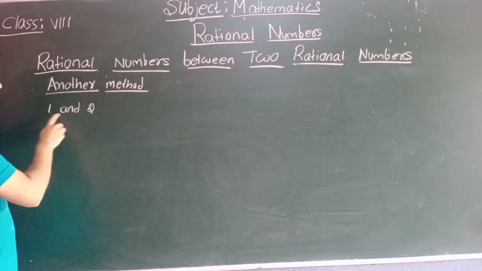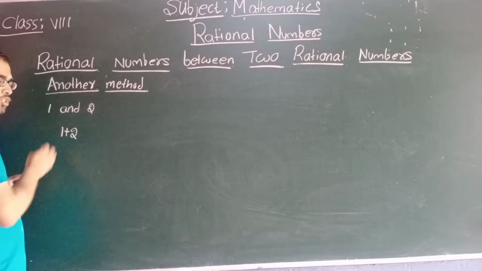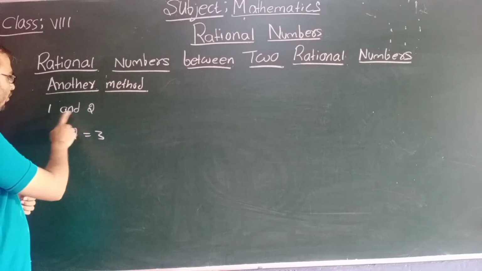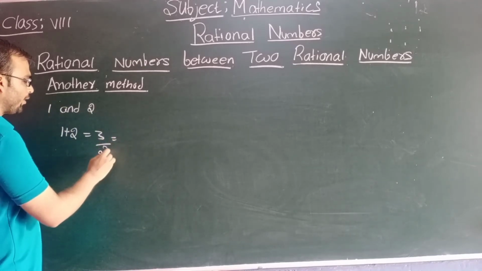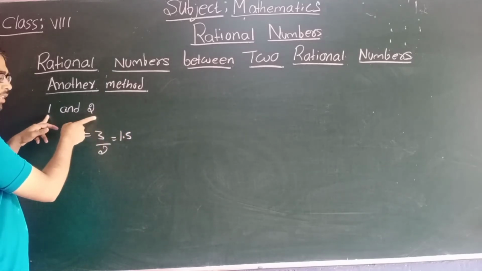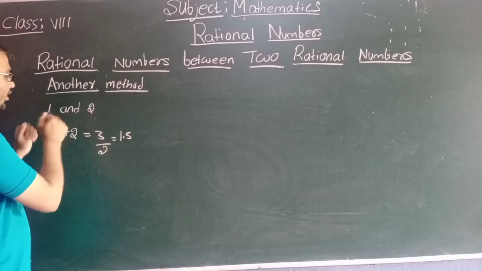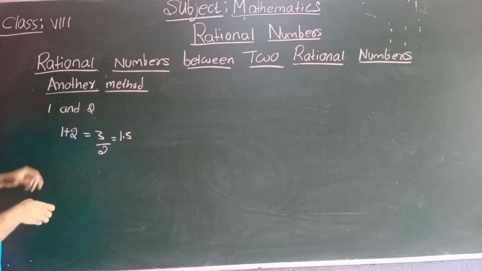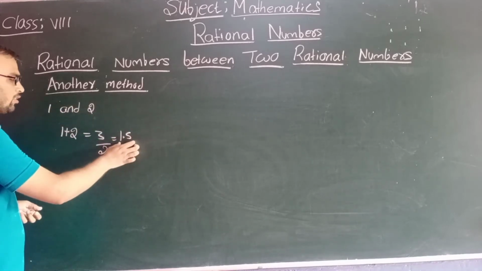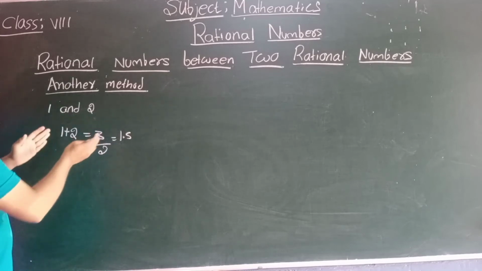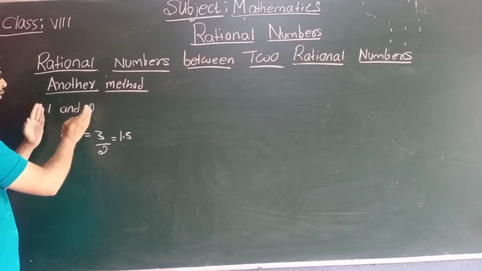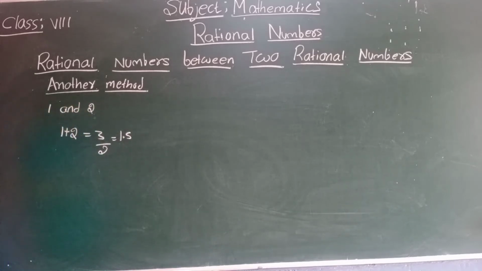Okay, so look at here, 1 plus 2 is equals to what? 3. So now how do we need to find the mean? Two numbers, no? So divided by 2. So 3 divided by 2 is what? 1.5. So look at here, 1.5 is between these two numbers. 1.5 is between these two rational numbers. This is not a rational number, but it is the midpoint of any two numbers, the number between any two numbers is always the mean of those two numbers.